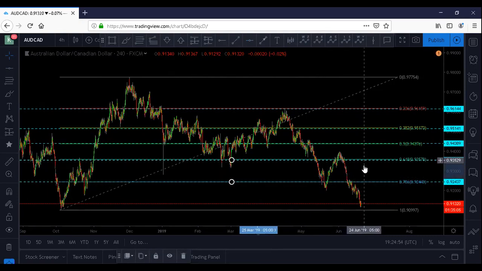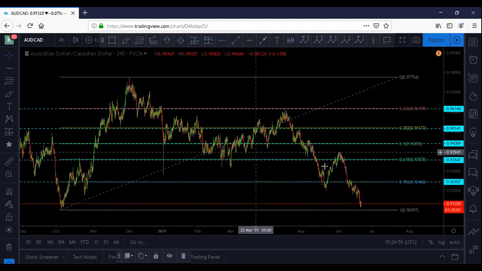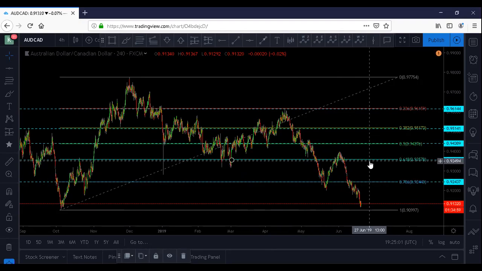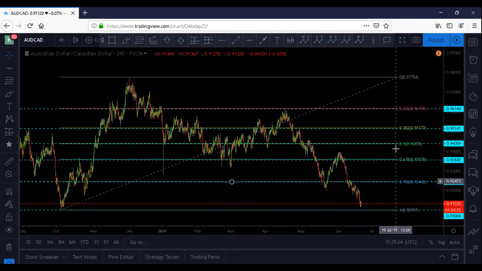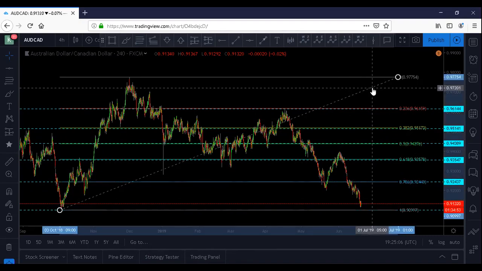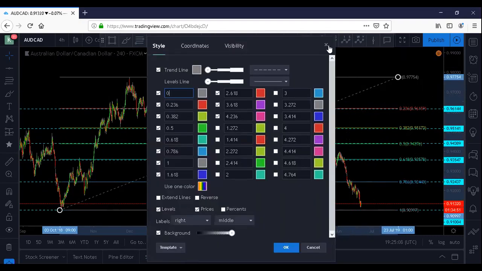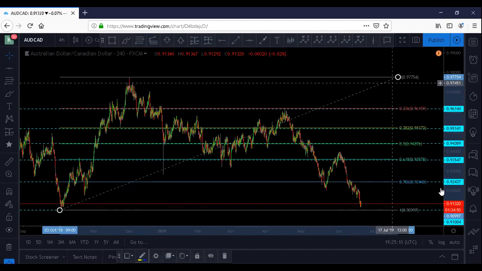Maybe it's a minor zone somewhere there. You see it on a lower time frame. Okay, and then we have this 100%. Now that we have our support and resistance like that, I want to see if this level, maybe if we,